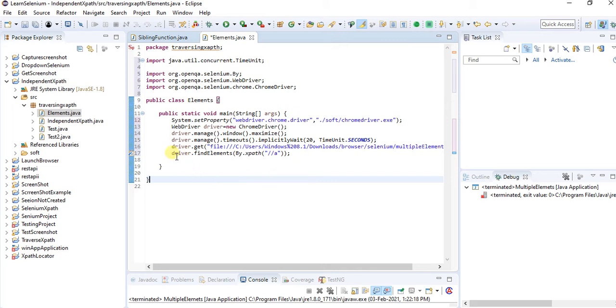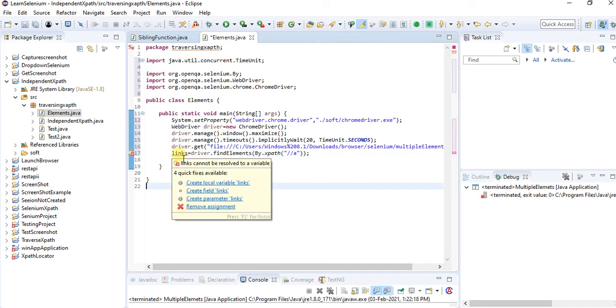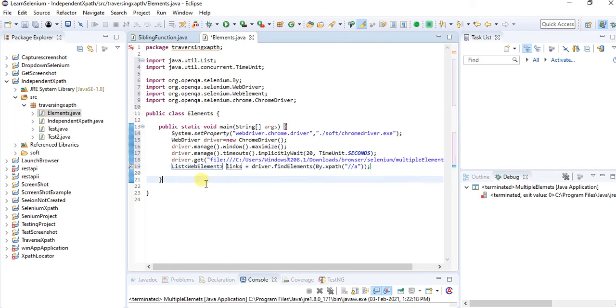Now I will store this into one variable, and I'll give it the name links. Over this option, you will get "Create local variable links". Now I got the list of web elements. So what is the meaning of this?